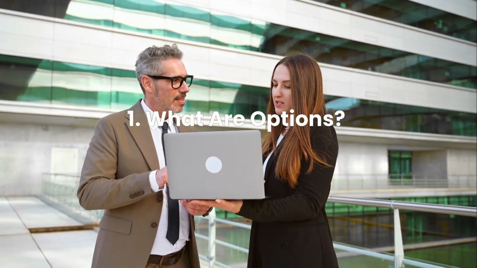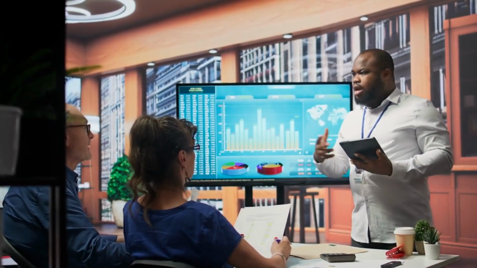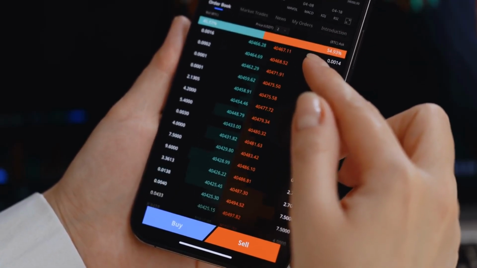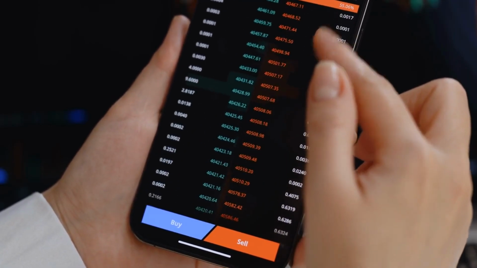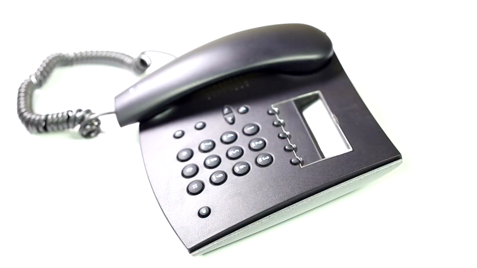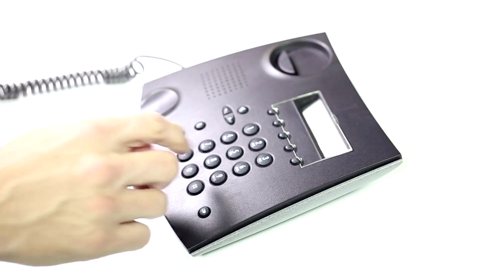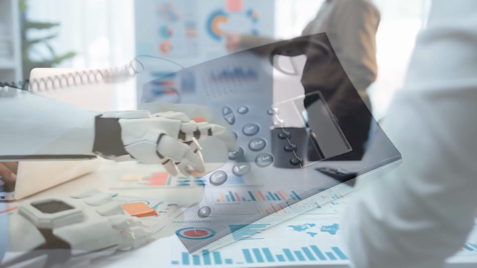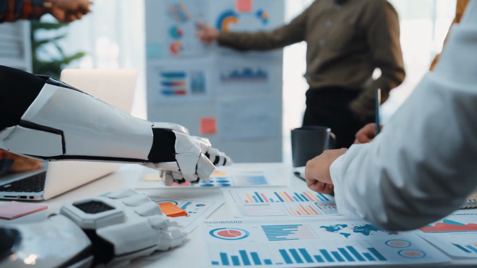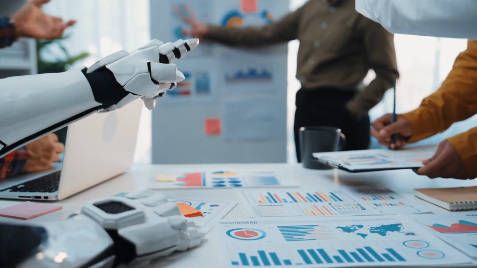1. What are options? Understanding the basics. Options are contracts that give you the right, but not the obligation, to buy or sell an asset at a set price before a certain date. The two main types are calls, the right to buy, and puts, the right to sell. Options differ from stocks because they don't represent ownership in a company, but rather a potential future transaction involving that